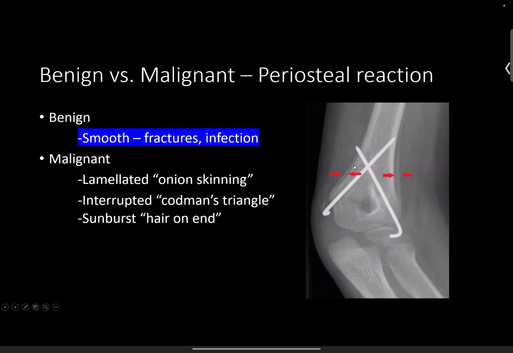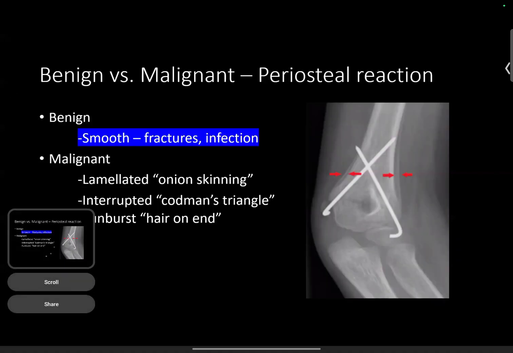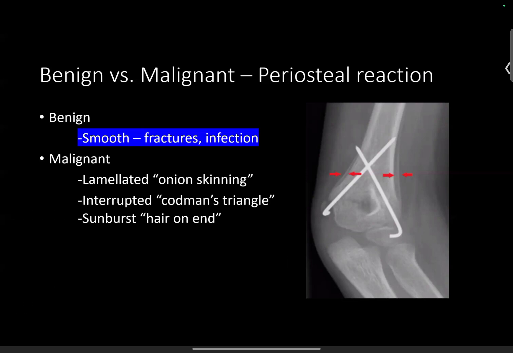For malignant, you're going to have three patterns that you're going to look for. Lamellated or onion skinning. That means the body is desperately trying to contain this malignant process. It is laying down multiple layers of periosteum to try to contain this malignant lesion. Codman's triangle is, again, the body trying to desperately contain this malignant tumor, but the tumor has exploded out into the soft tissues and broken through that immature periosteum,